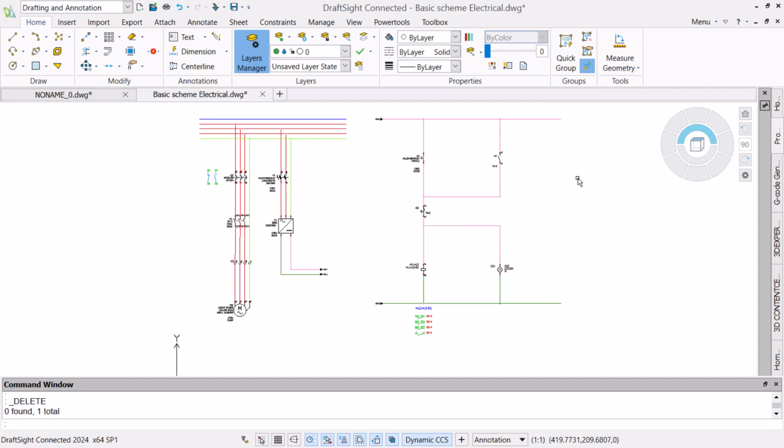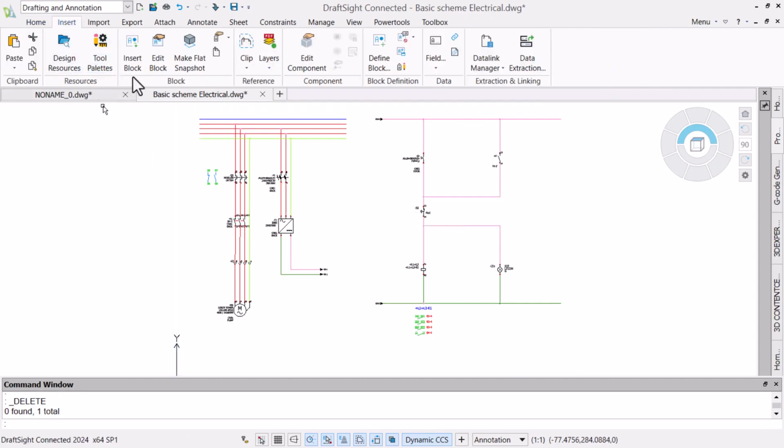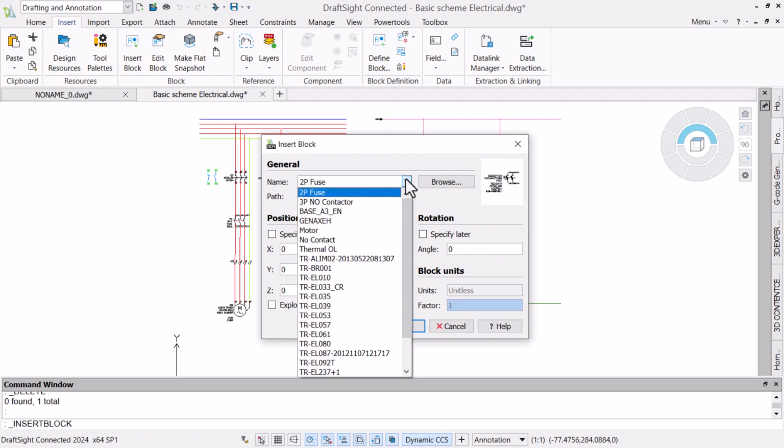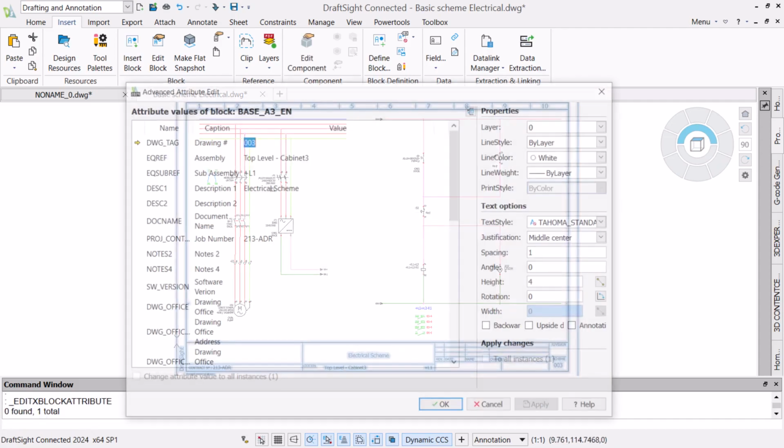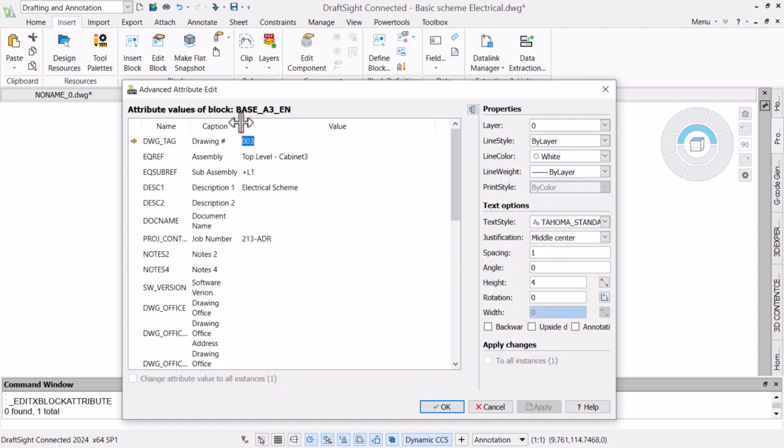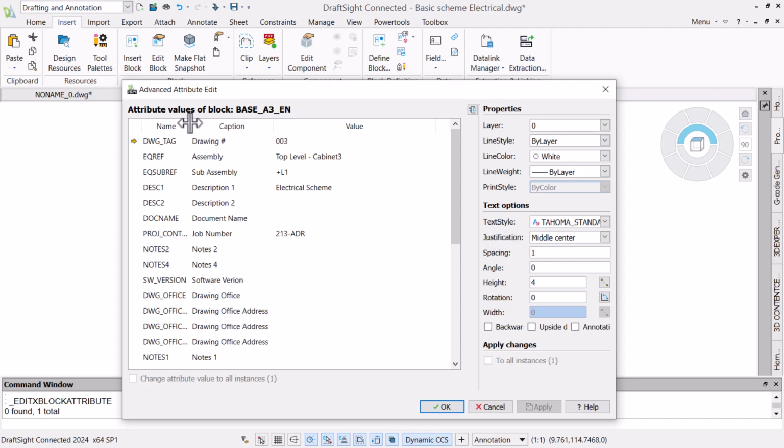It's always prudent to check changes, so we will delete the border and insert it again. Neither the fixed columns nor the new predefined revision attribute shows prompts during the insertion, making it easier for future users to work with. A simple way to populate attribute information into the border after insertion is by double-clicking on it